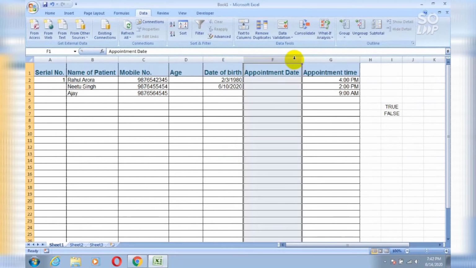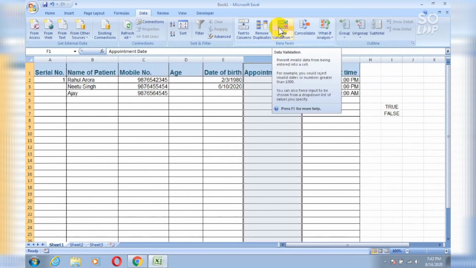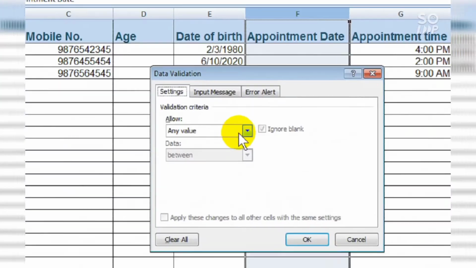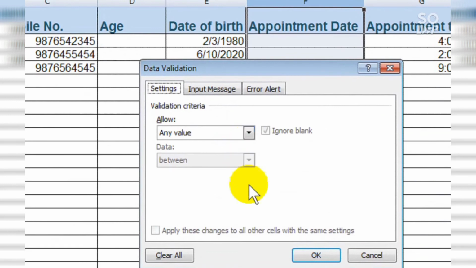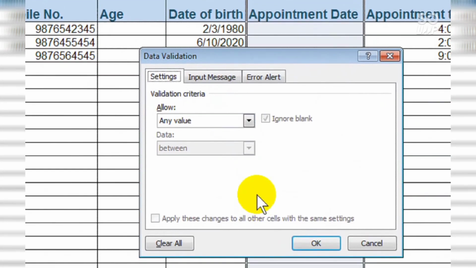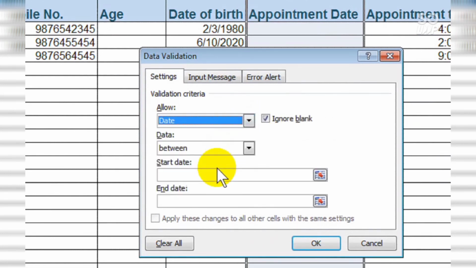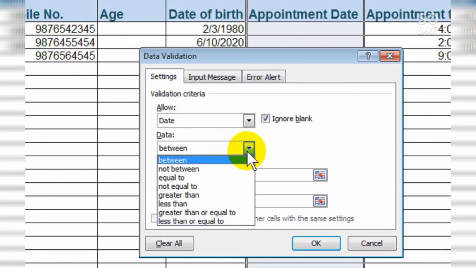Now let's move on to appointment date. Simply select F column and then again go to data and then data validation, and from here select date and from here select between, do step by step as shown in the video.